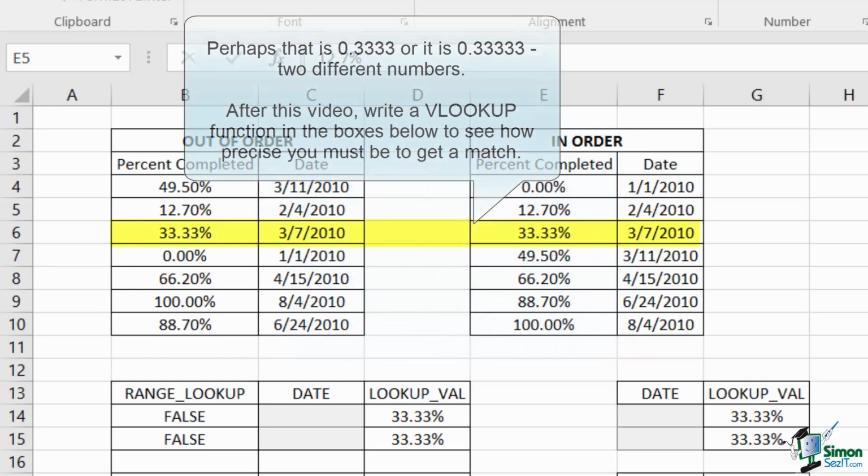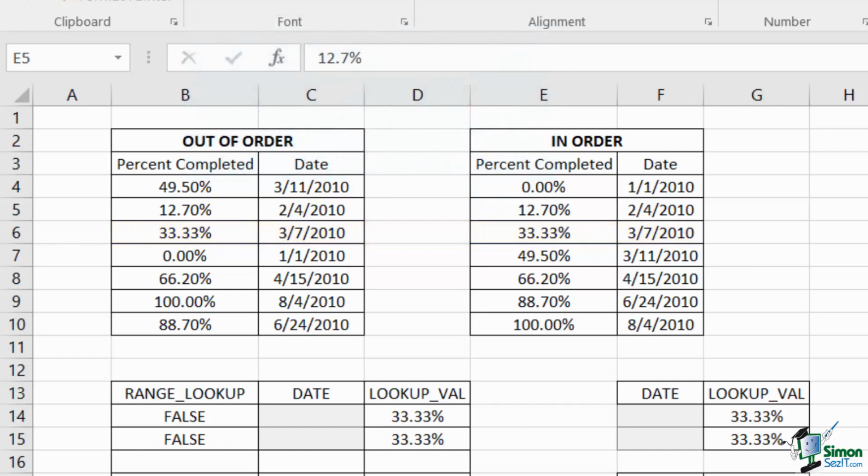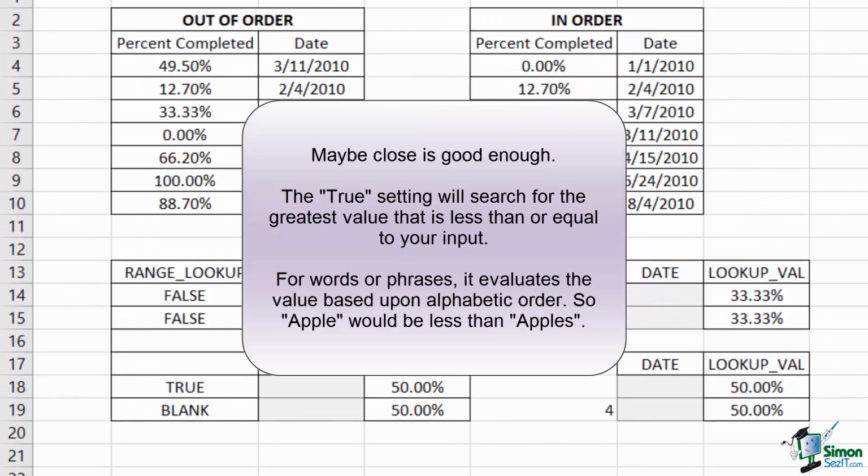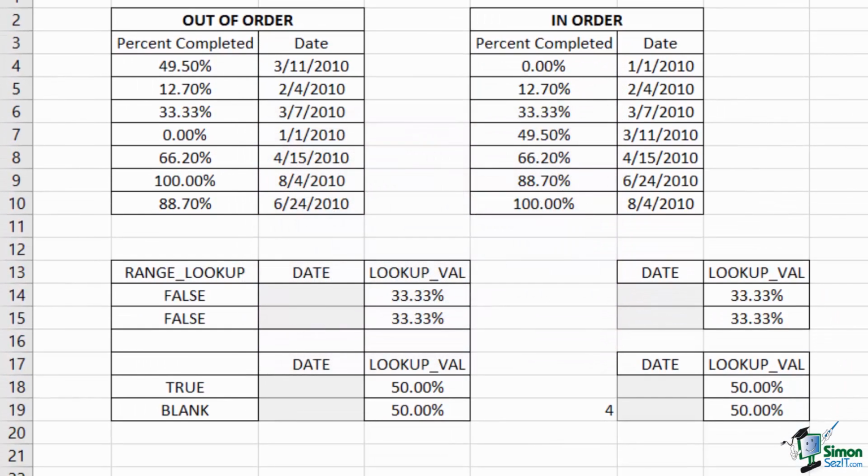Look at row 6 in each of these tables. We have the value of 33.33%. If I do a VLOOKUP on either table, I have to have the exact right value within my search in order to get the appropriate match. But what if I just want the closest value that my table has to my lookup value? For example, suppose I wanted to look up when my project is first listed as being 50% complete. 50% never shows up in either of my tables, so false will not work and my function will return a